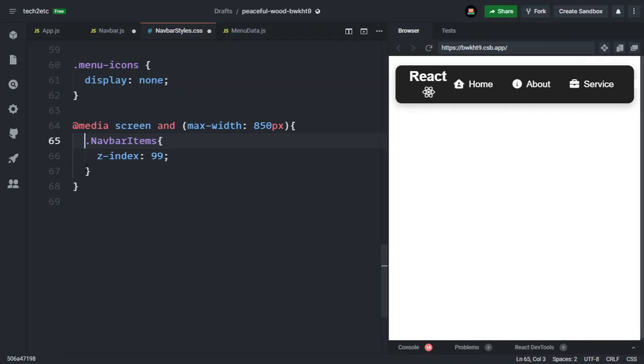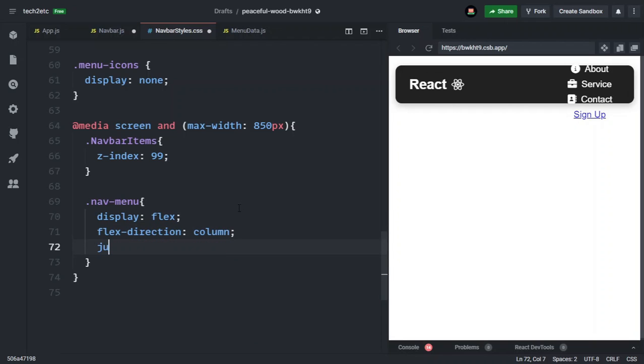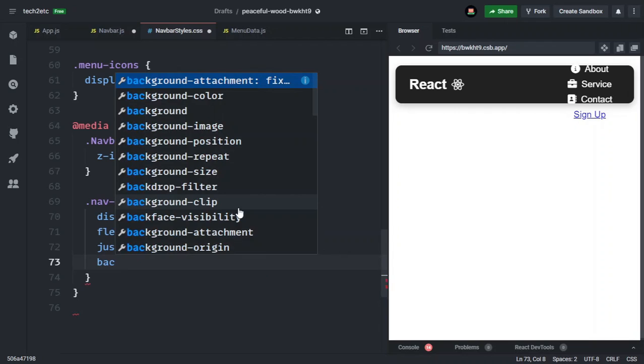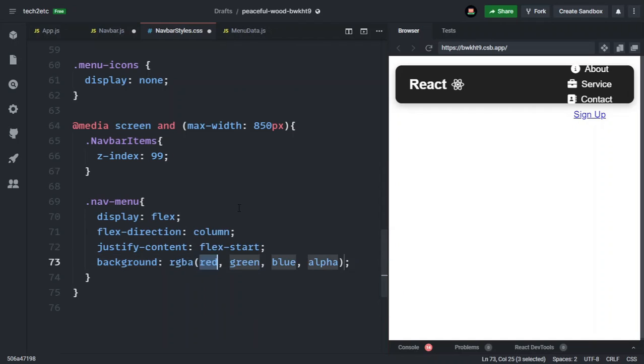That's it. After this one, let's target our nav menu, and right now here you can see that everyone is in one row, but I want them in one column, so that's why I will use display flex, then flex direction will be column, justify content flex start. Then I will add a background color, and it will be an RGBA color, and it will be 255,